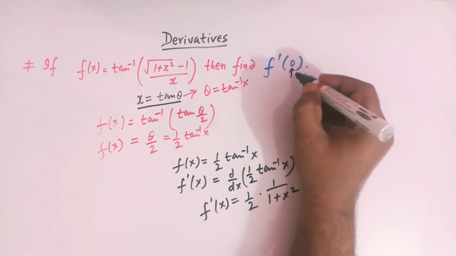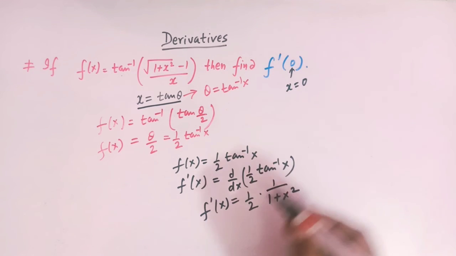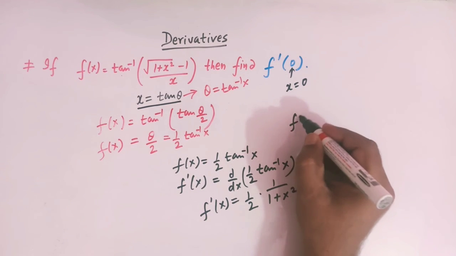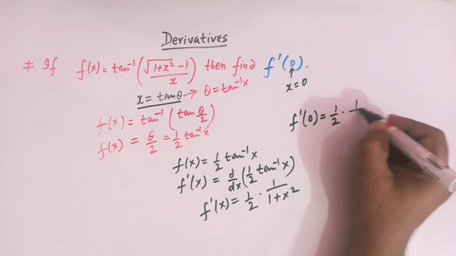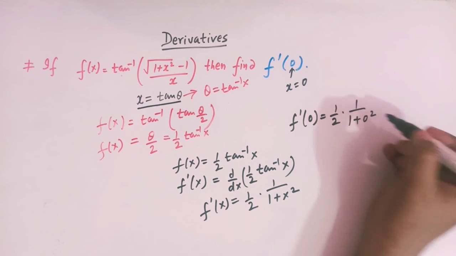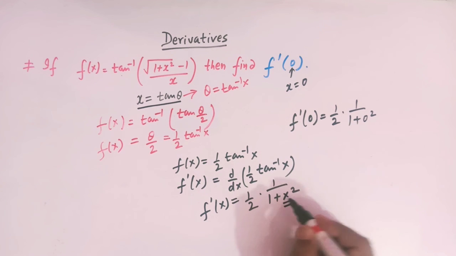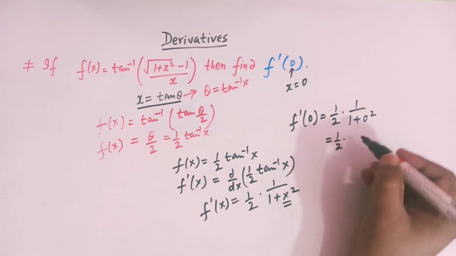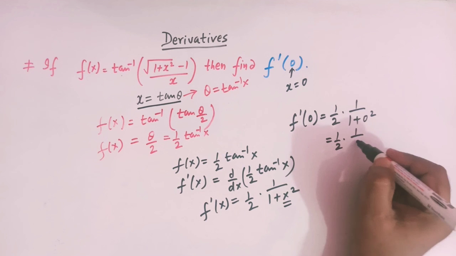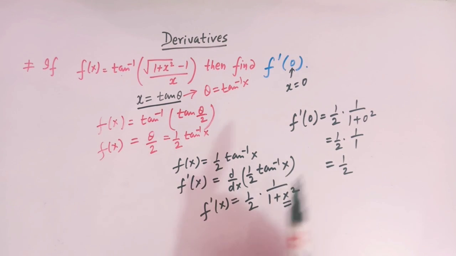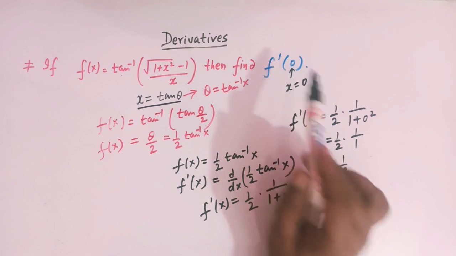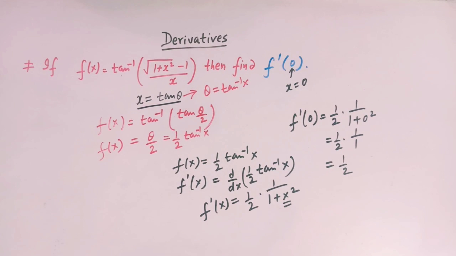So we take x is equal to 0 here. We have f prime of 0 is equal to half times 1 over 1 plus 0 square, that is half times 1 over 1, which is half. So viewers, the value of f prime of 0 is equal to half, and this is how we can solve this type of